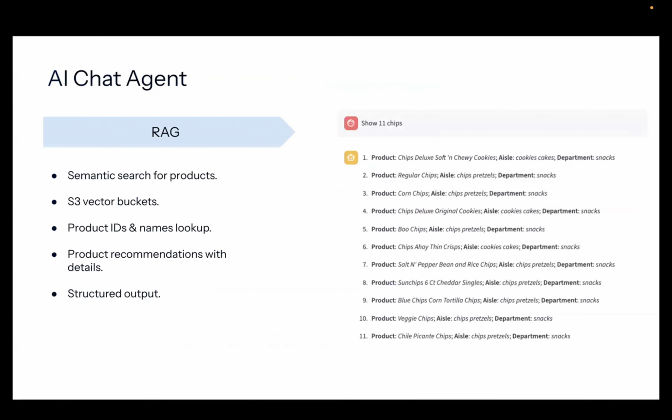Thank you, Ashley. Next, I will present the AI agent in our system. Here we use RAG to transform the data into embedding vectors and save the data in the S3 vector bucket, so that the agent can use the data in the S3 bucket to do semantic search. In particular, we are interested in the products. So we use RAG to search for the metadata of the products, and later we can use it to do product recommendations. Next page, please.